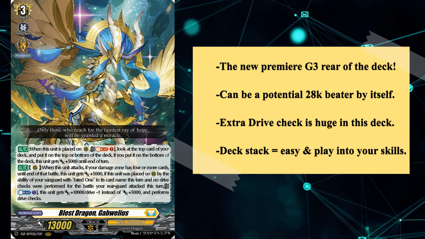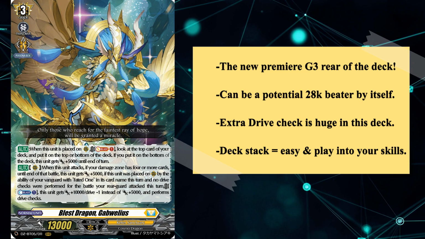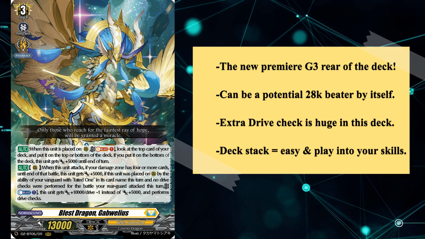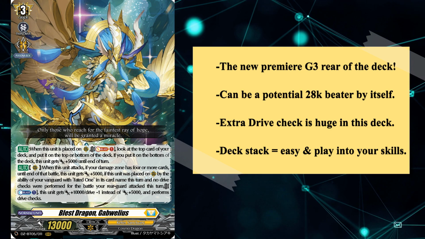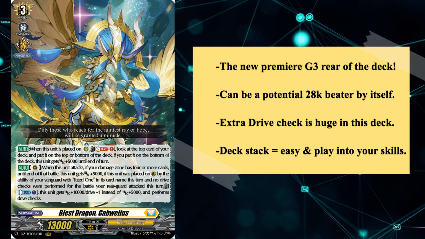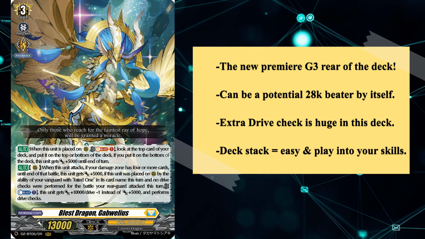worthy compared to Sages, because even though Sages has some really good versatility, perhaps more versatile than Gabwelius, Gabwelius enhances your overall winning image to a much greater degree than any of the other grade 3s that came before it. So yeah, I'm only running it at 2 because this deck is very good at digging for pieces, so you should be able to see it by the time that you need it, which is going to be the late